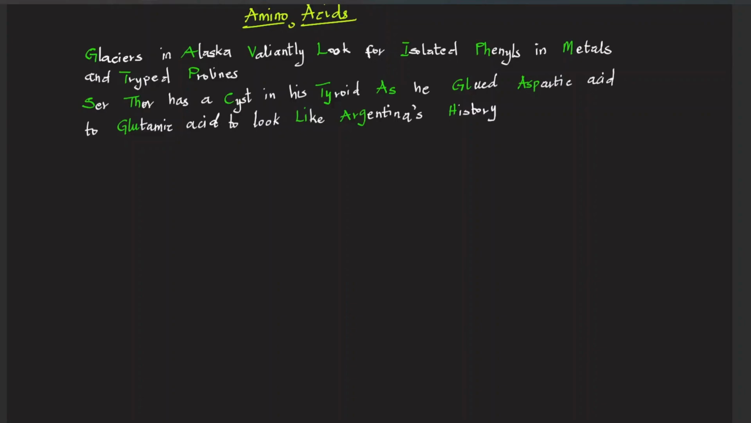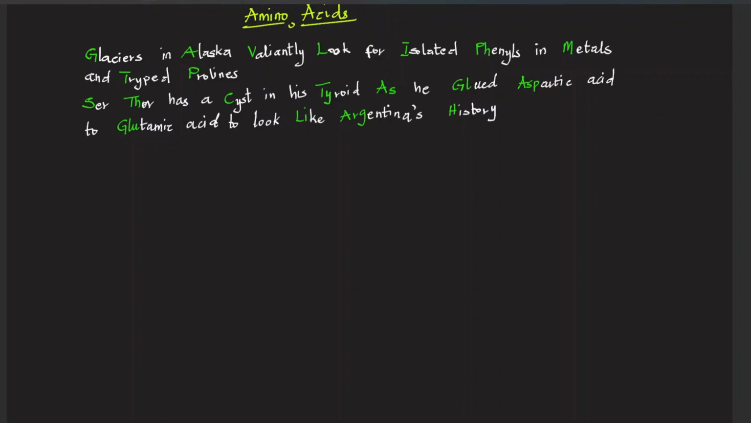So this is what we have. Glaciers in Alaska valiantly look for isolated phenols in metals and tripped prolines. Sir Thor has a cyst in his thyroid as he glued aspartic acid to glutamic acid to look like Argentina's